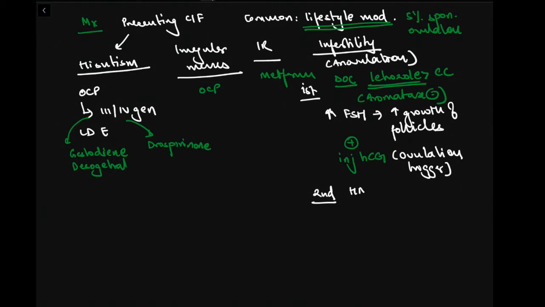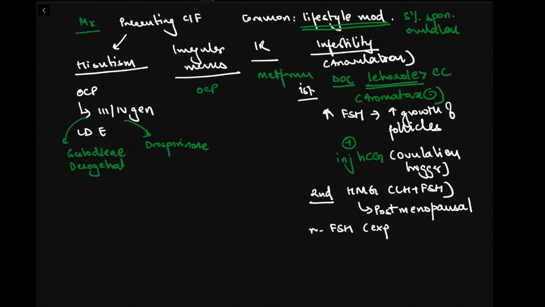Second line, drugs include HMG, which is a combination of LH plus FSH. Recombinant FSH can also be used, but the problem is that it is expensive. So second line drugs, they have complications like